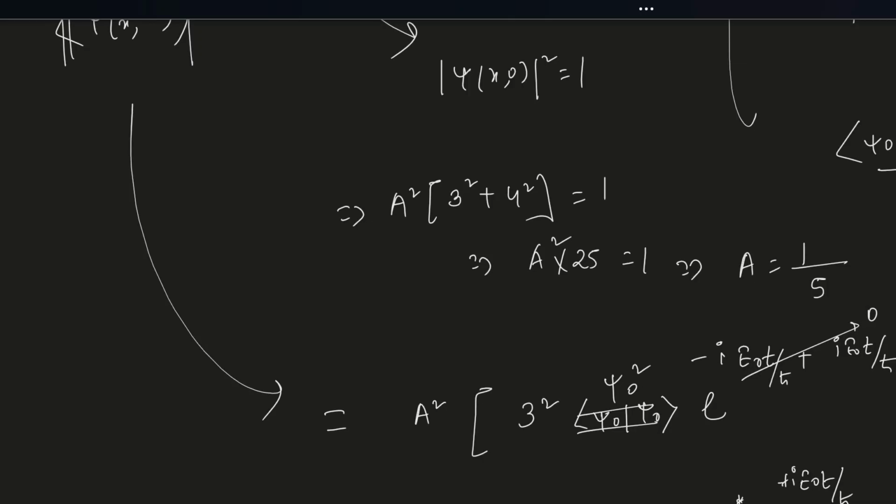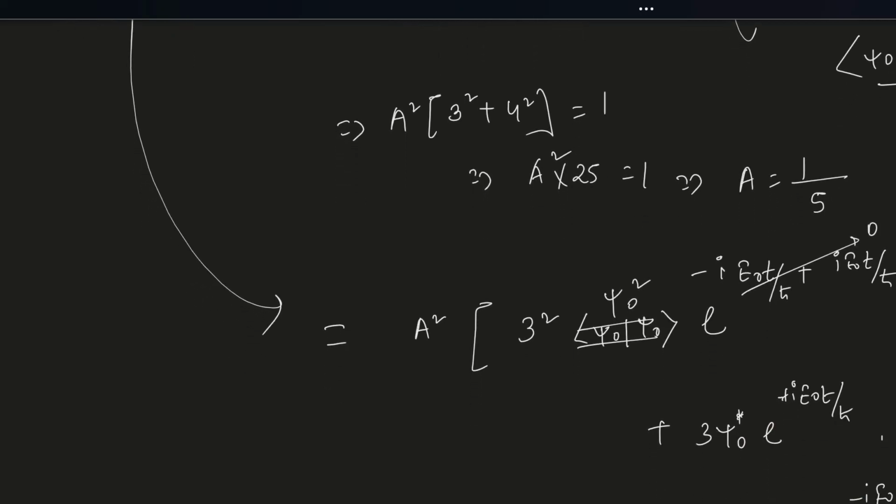Then another cross term will be 3 psi naught e to the power of minus i E naught t by h cut into 4, the second term has the complex conjugate, psi 1 star e to the power of plus i E1 t by h cut. So this is 3 square, which means 9. Let us put the value of a square. We know a square is 1 by 25. Then 9 psi naught square plus 16 psi 1 squared plus 12